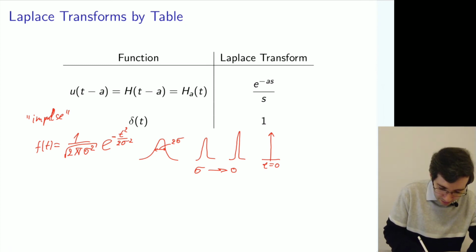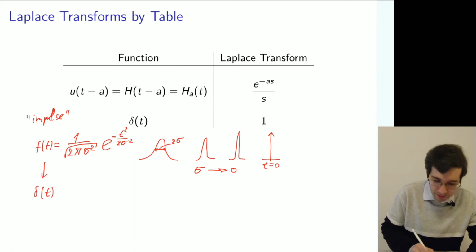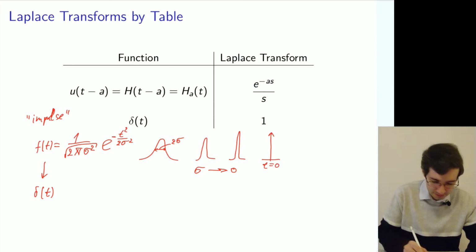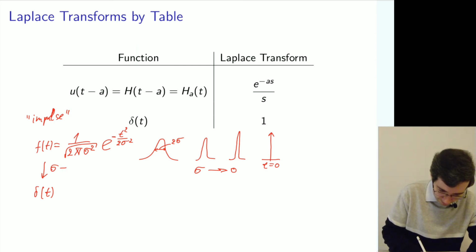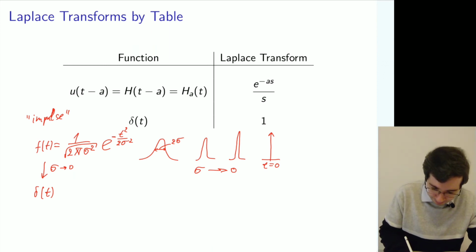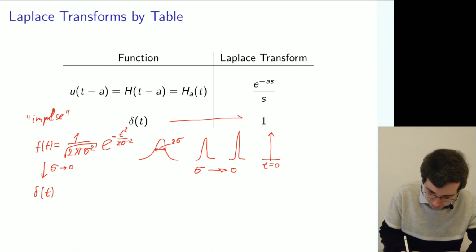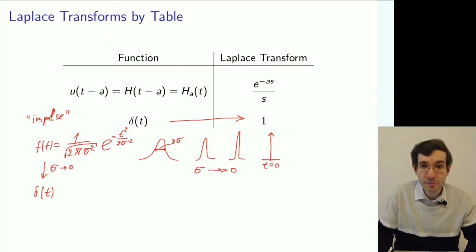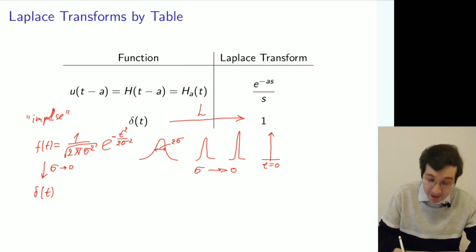Then this happens, and we call it an impulse, a unit impulse function. So that's all you need to know for now. Just remember that when you take the Laplace transform of this function, it is 1.